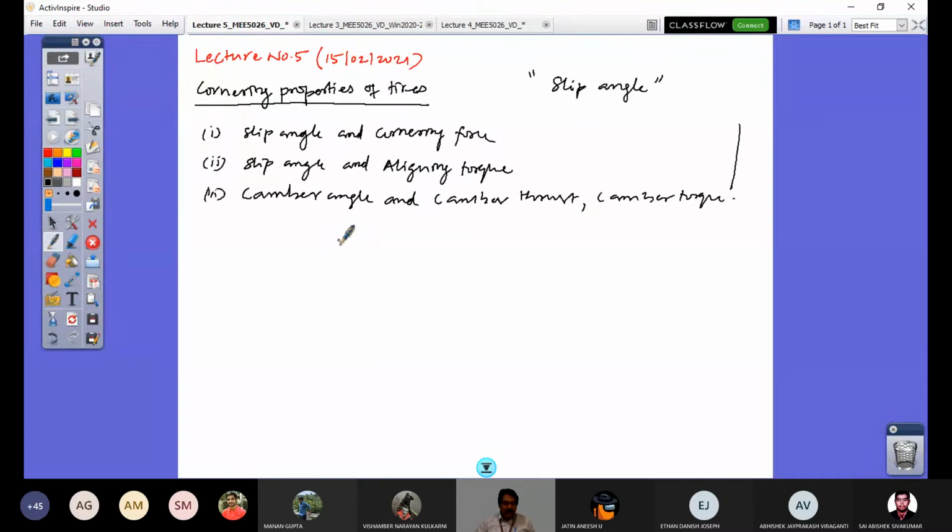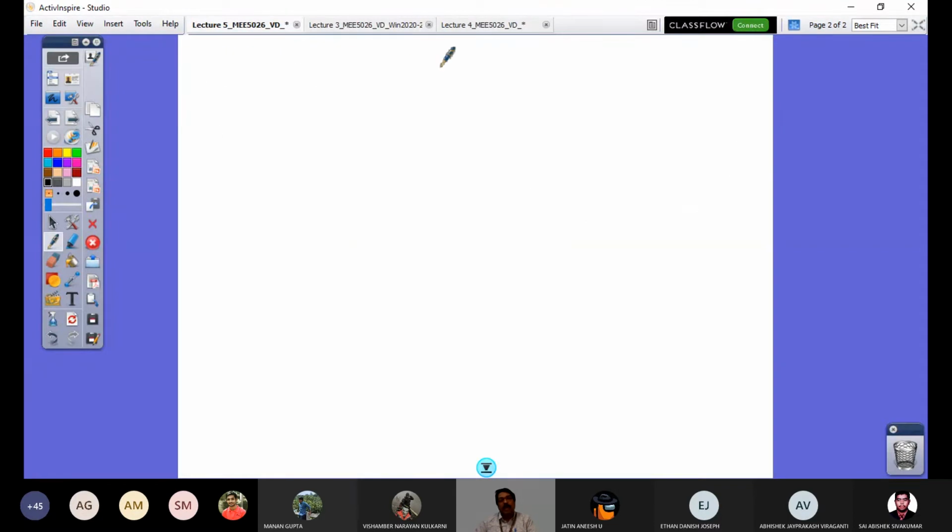When I say the slip angle, you should consider that the tire is constrained to go in a straight line. That means you see the tire or wheel plane. Wheel plane is the one which takes the entire tire through the axis of the tire. And the wheel plane is perpendicular to the ground, and the wheel is constrained to go straight. That's what you would imagine. So let's look at a section of the tire in order to follow this, which I'm going to explain with this diagram.